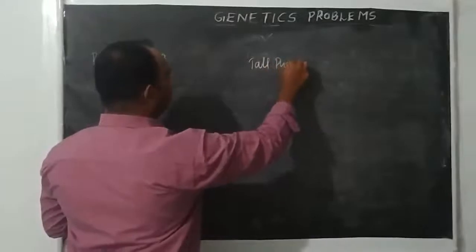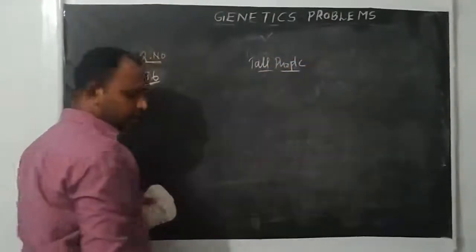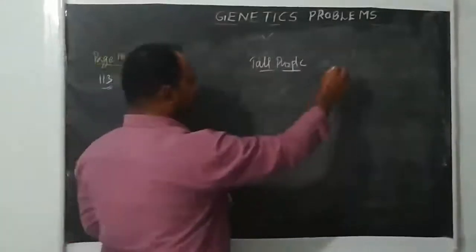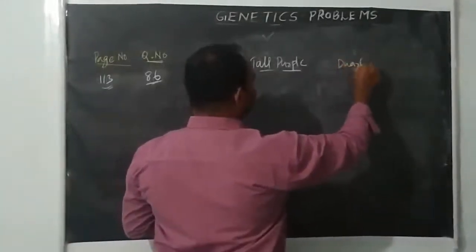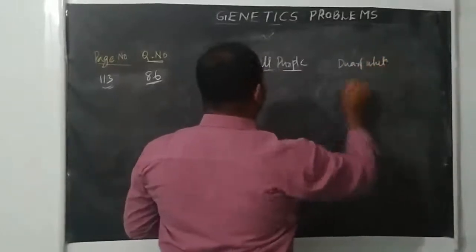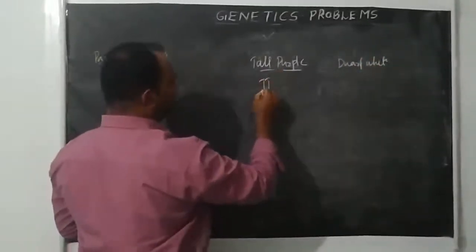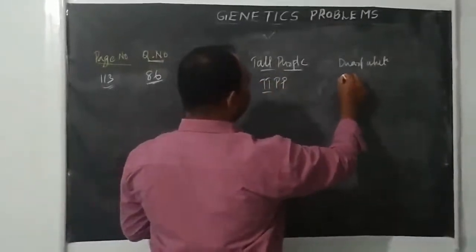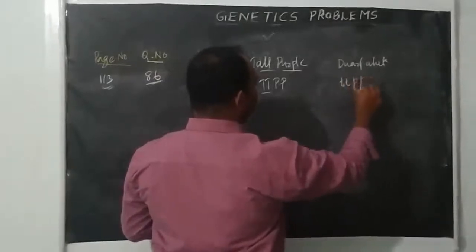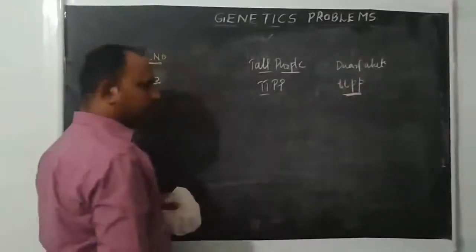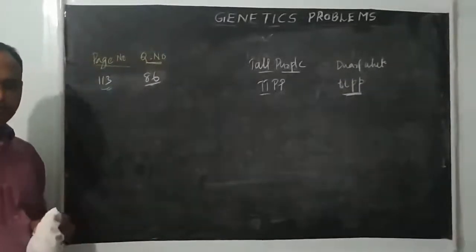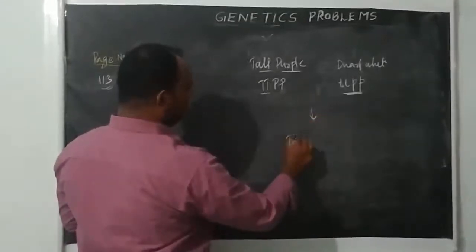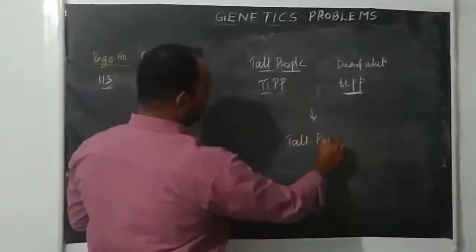Purple is the dominant color. The tall purple variety is crossed with dwarf white. The genotype of the pure-breeding one is homozygous dominant, TTPP, and this one is small t small t, small p small p. It is definitely a dihybrid cross. The question asks the phenotype tall purple, so in this cross, how many will get tall purple?